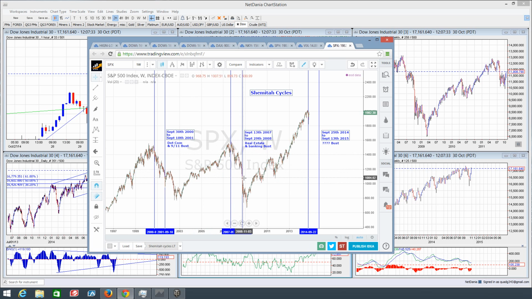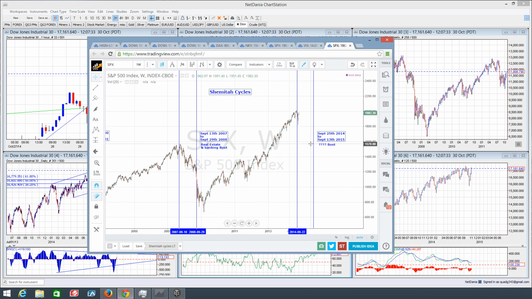And then we see the fall through to the downside at the end of that Shemitah cycle. Right there, September 29th, we saw that monumental crash in the market that saw some follow through into early 2009, blowing apart that bubble. Now we have another bubble in play, and it's progressed steadily into a new Shemitah cycle for 2014 to 2015. The Feast of Trumpets blew its horn on September 25th, and if we zoom in on this,